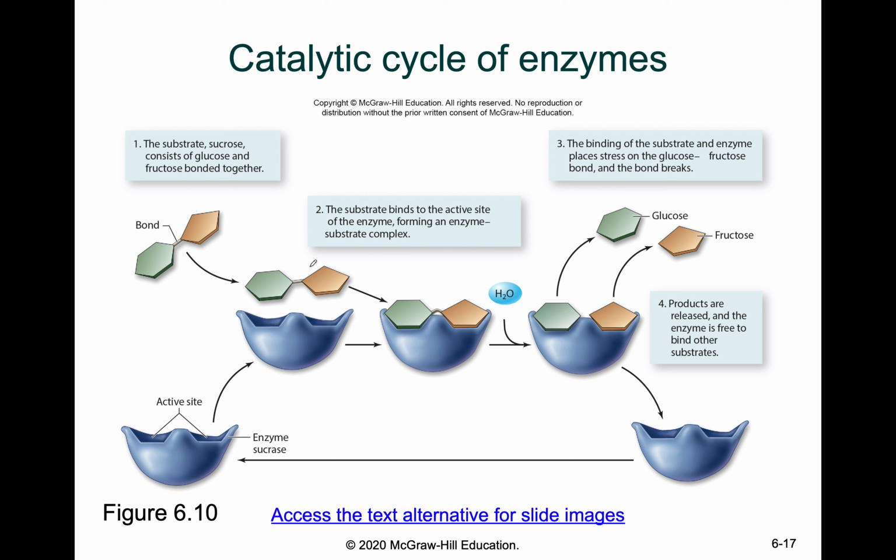Sucrase breaks down sucrose, which consists of glucose and fructose. Those are two types of sugars that you may have heard of. So we have the enzyme here in this state being completely empty with its active site. It comes into contact with sucrose. Sucrose binds to the enzyme in the active site. The bond is then broken here in the middle, generating glucose and fructose. Those products dissociate, yielding an empty enzyme. And this cycle can start over and continue over and over and over. So this would be an example of a cycle of how an enzyme works.